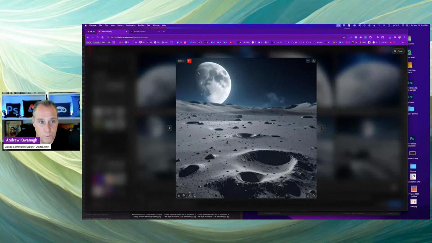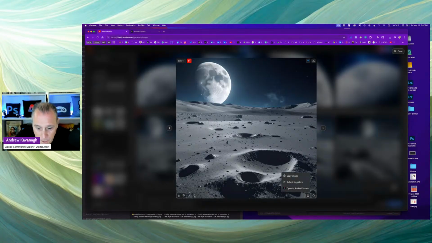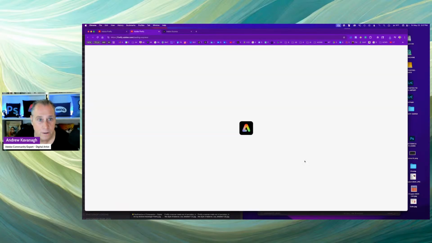But if I click on the first one, you can open in Photoshop Web, you can download, you can favorite it, you can share it, and then submit it to the gallery. And then as you can see, it says open in Adobe Express, which I'm going to do. But also if you go to top left, you say edit, generate video, generate fill, generate similar, open in Photoshop Web, and then create design. So I believe that's Adobe Express as well. So in this case, I just go bottom right, open in Adobe Express,